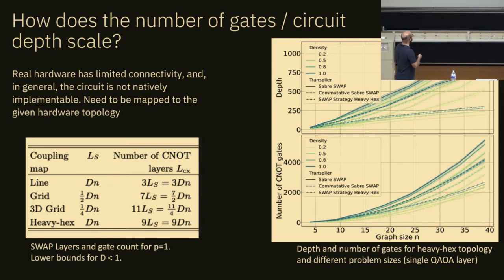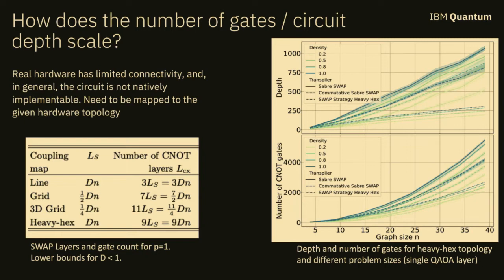We looked into this here. You see here for different problem sizes, the different number of CNOT gates for different densities of the problem. Density means how many 2-qubit variables have a non-zero entry in the Q matrix. Different strategies, where the best one is usually the swap layers that we constructed for QAOA. And then here you see how this translates into depth. And I think the interesting part here is to see it scales linearly, which is not really surprising, but we need to understand the slope, because this then really tells us how many gates you have to run sequentially, and that we then can translate into runtime.